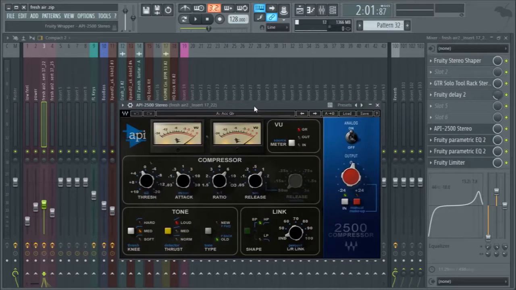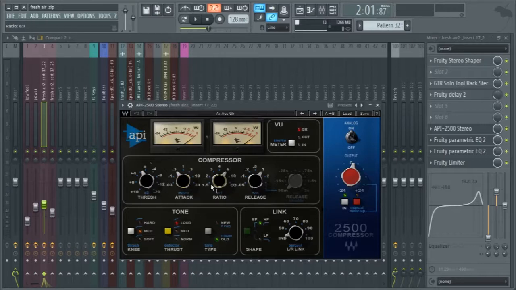It's the 2500 series compressor, and basically when I was doing this, I sort of made it up as I went along. I still have to do research on using this correctly, but threshold is at 143 dB, attack is 143, ratio